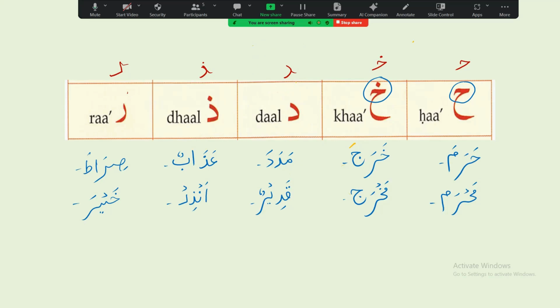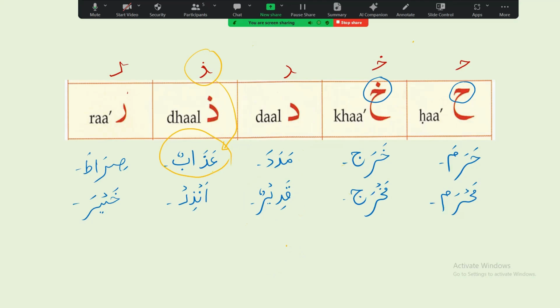When Dal comes in the middle, we have another example of this word, Qadirun, right? This is like this Qaf letter and then Dal letter. Qadirun. Okay. So the next letter, Dhal letter, sisters, is just like Dal letter, but it has a dot on top of its head, and it has again the same possibilities, just like the previous Dal letter. Example here is of this word